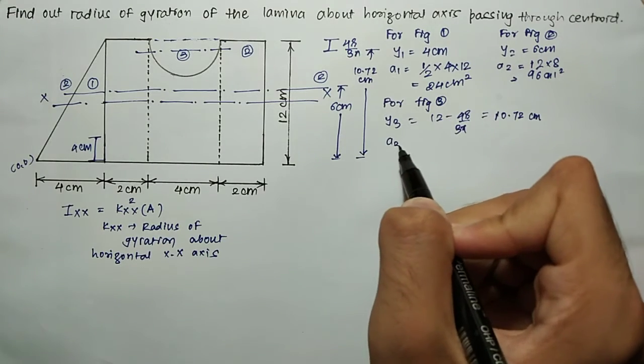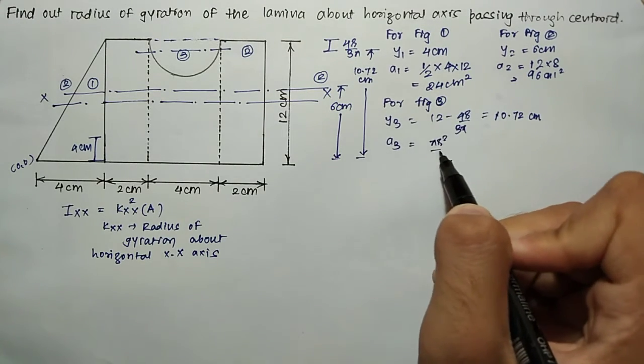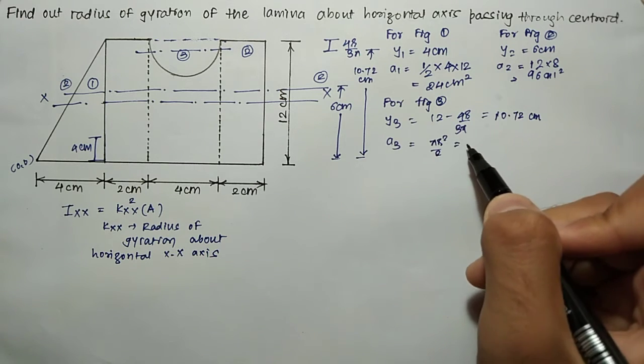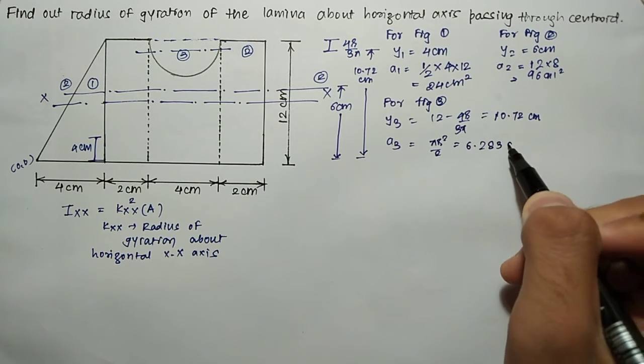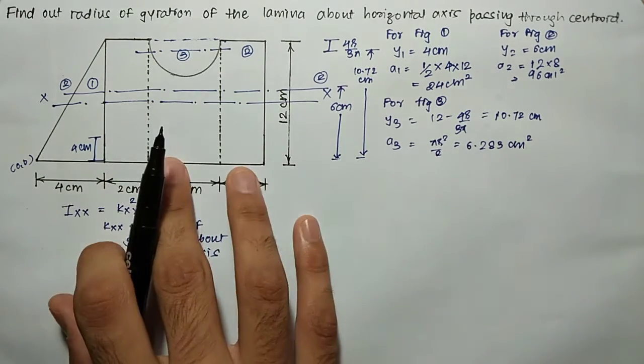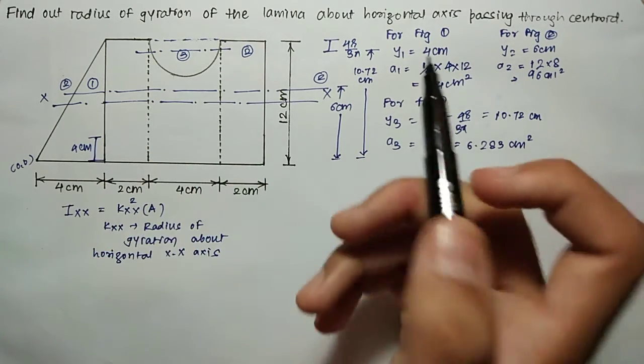And A3 can be given as pi r square divided by 2. The value of A3 comes out to be 6.283 centimeter square. Now we need to locate the centroid for this plane lamina, and we know the formula for